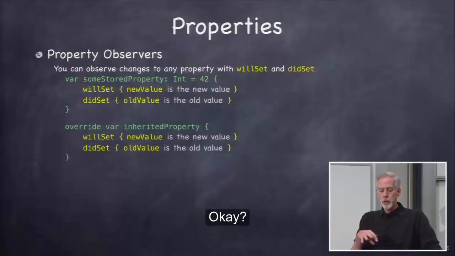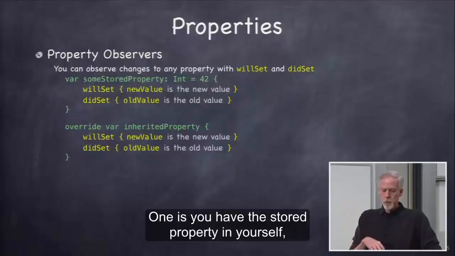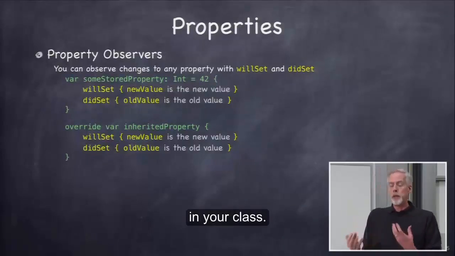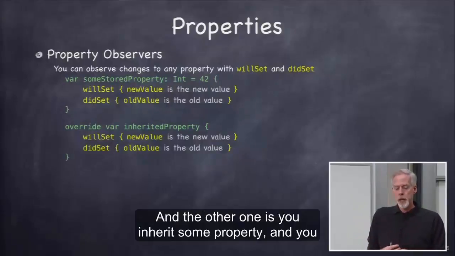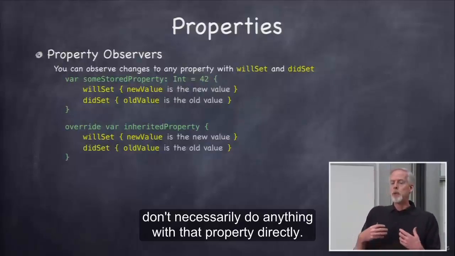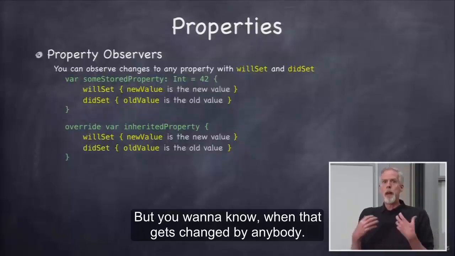Now, you use this in really two cases. One is you have a stored property in your class, and whenever someone sets it, you want to notice and do something. And the other one is you inherit some property, and you don't necessarily do anything with that property directly, but you want to know when that gets changed by